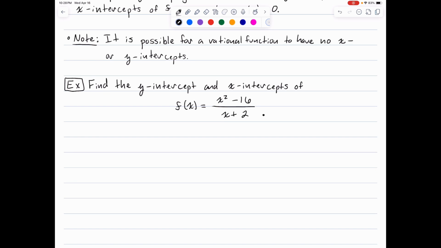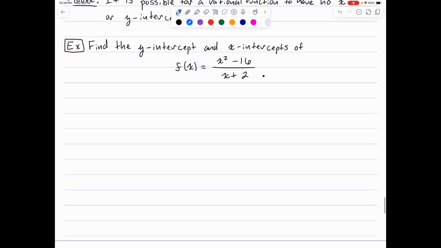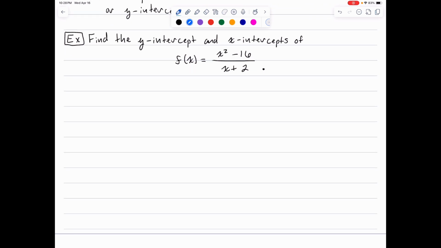So let's start with our y-intercept. All we do is plug in 0. So f of 0 equals 0 squared minus 16 over 0 plus 2. Okay, so that will end up being 16 over 2,